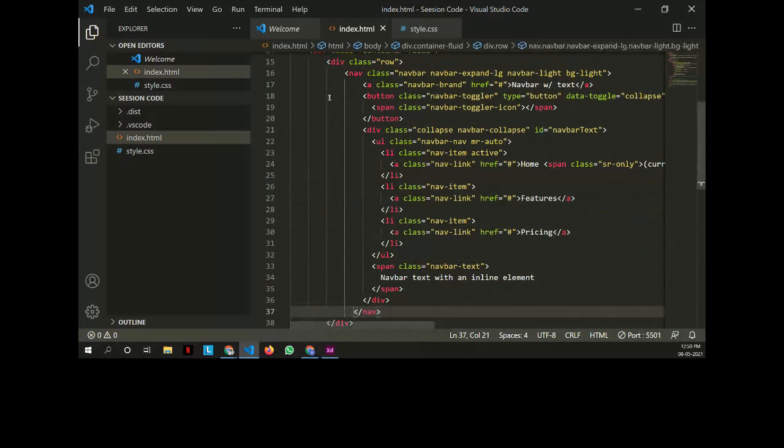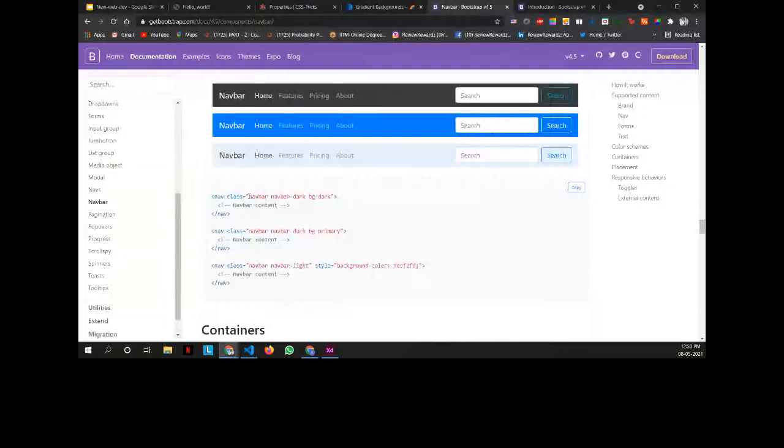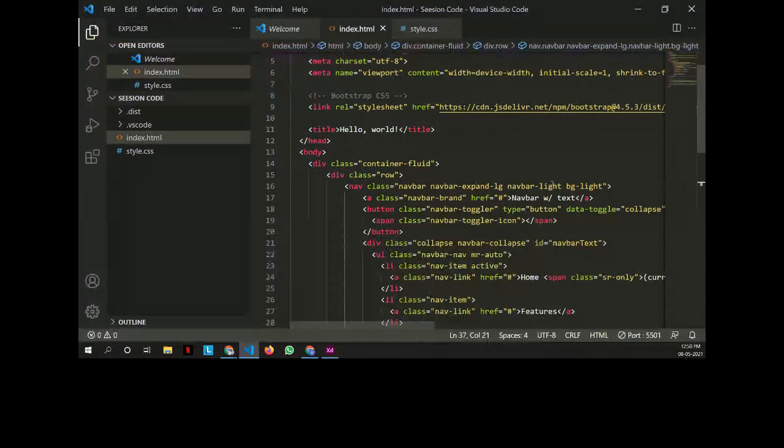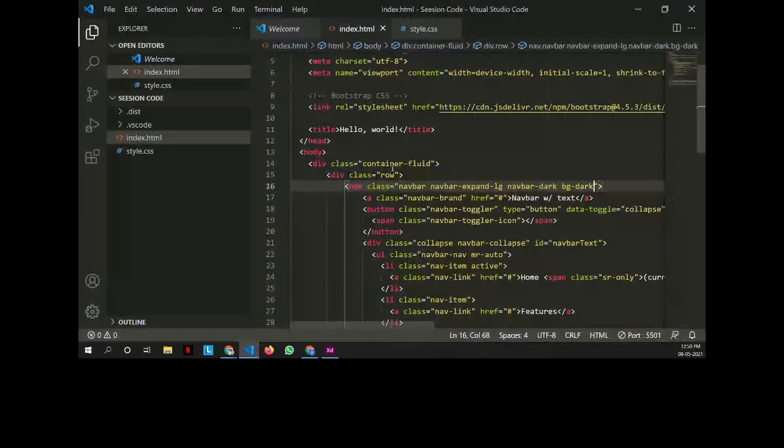And let me just add the black color here. Yeah, guys, as you all can see, this navbar has been added here. It is added in this format because we've taken container fluid here. So if I remove that container fluid, then it will work properly. Let me just comment, or wait, let me just add a column here.